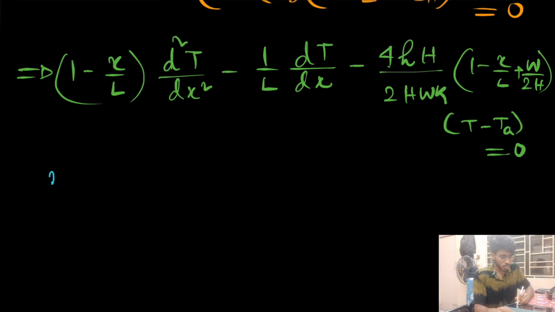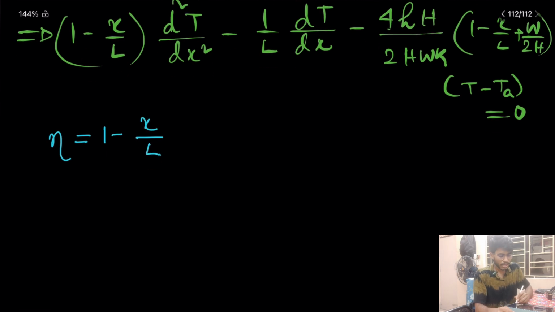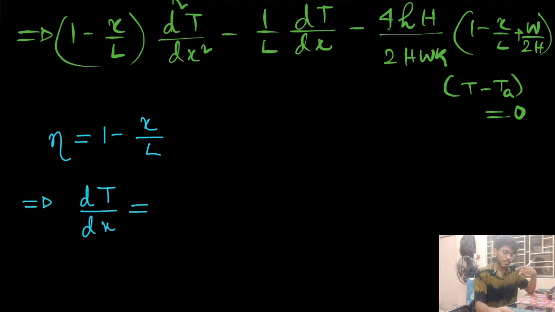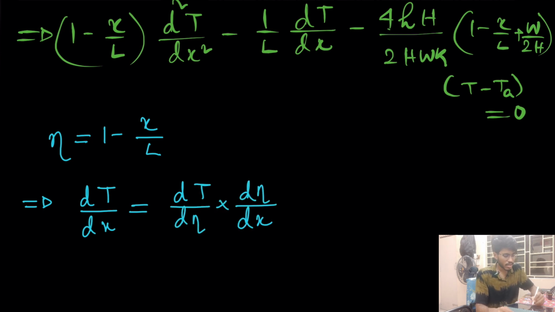So I will now do a transformation, eta is equal to 1 minus x by L. If I do that, then what will be my dt dx? I have done this several times before, okay, I can write this into this, so this will be this into minus of 1 by L, clear,